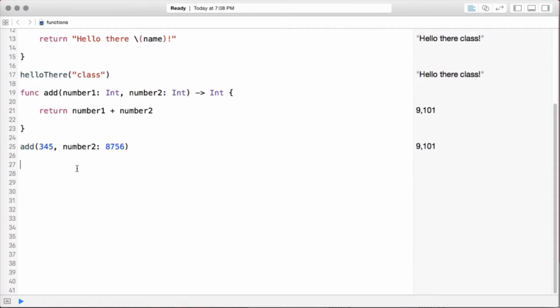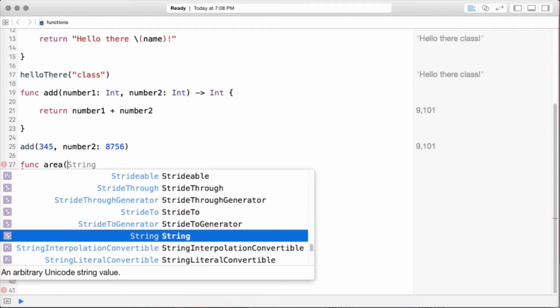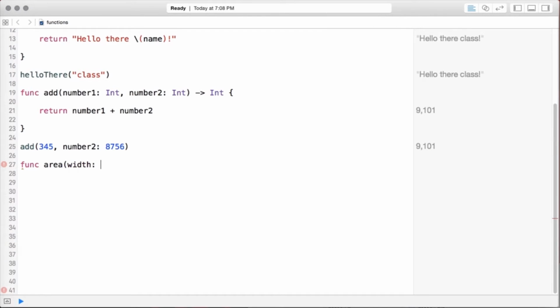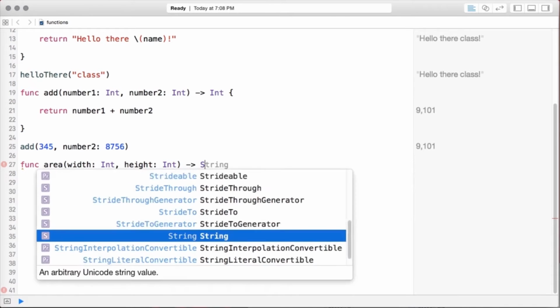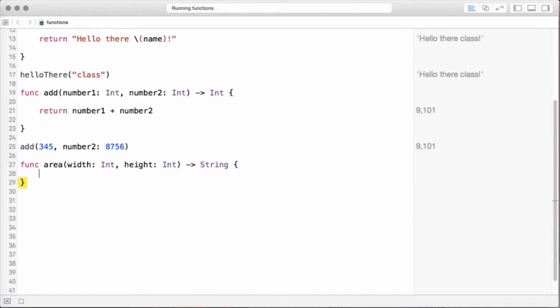So we're going to create a slightly more in-depth function just so I can show you their potential a little bit. I'm going to say func, and we'll make this area, and it's going to take two numbers. One is going to be width, which is going to be an integer, and the other is going to be height, which is also going to be an integer. And then we're going to return a string. So we'll open up our function here, and I'm going to create a variable, and I'm going to say let result equal